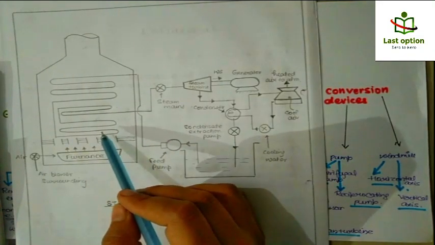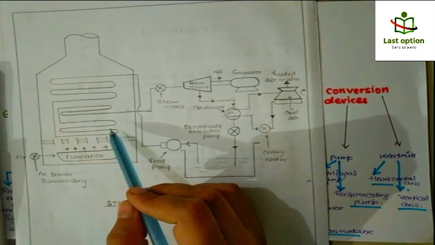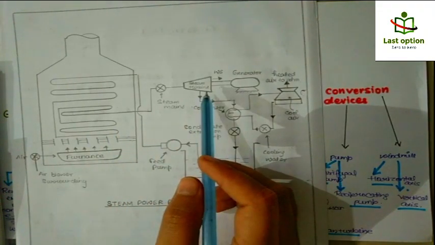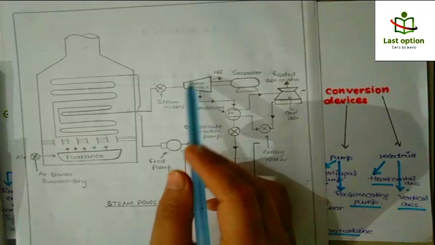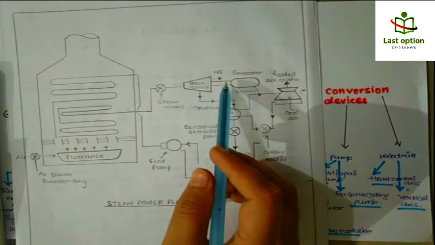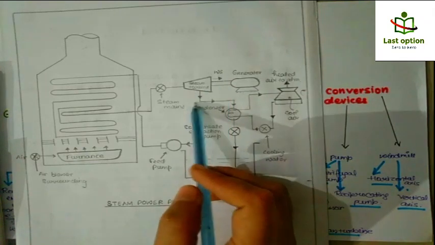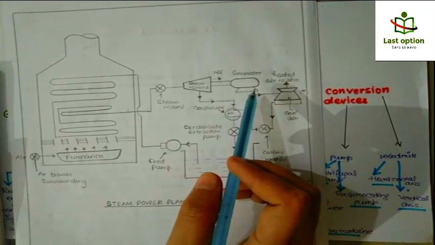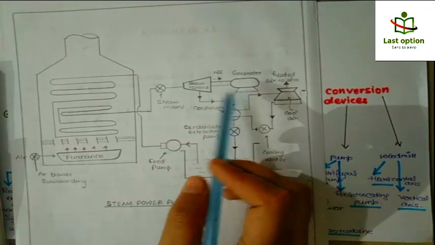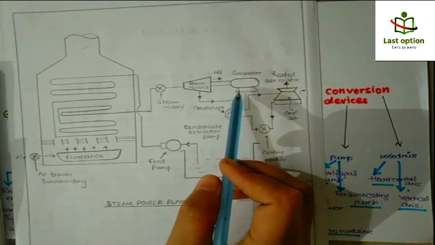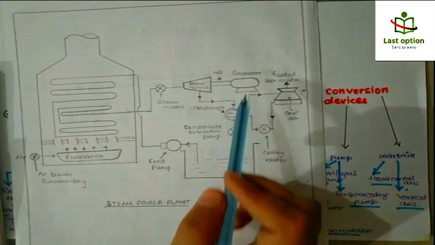So this is a boiler, and it is basically used to generate high pressure and high temperature steam. And this is a steam turbine, and it converts that high pressure and high temperature steam supplied by the boiler into shaft work, and the low temperature steam is exhausted here to the condenser, right? The shaft of the steam turbine is coupled to this generator, and the mechanical energy of the turbine is converted to electrical energy, right?